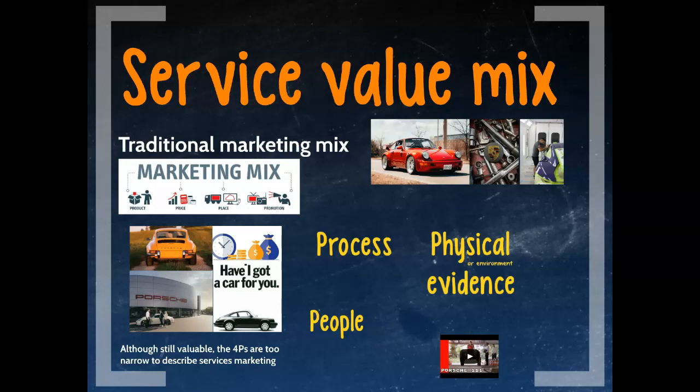And if we look at Porsche, this will be the product, for example, the range of models of cars that they sell. Then the price, this varies. You can look at very expensive quality cars in terms of price. You need to dish out a lot of money to drive a Porsche vehicle. And then place would refer to, for example, the Porsche dealership where you plan to purchase your new model. And then the promotion would be the advertisements or any promotional activities in an effort to sell or create visibility